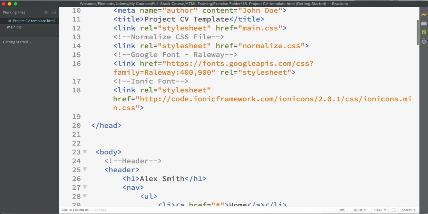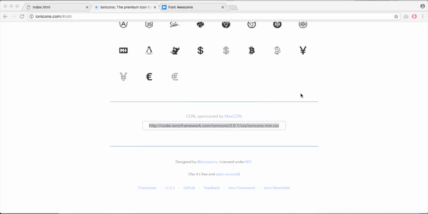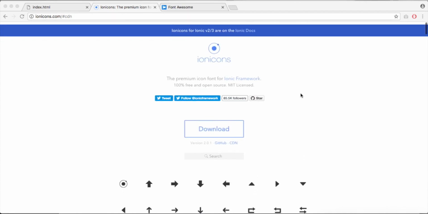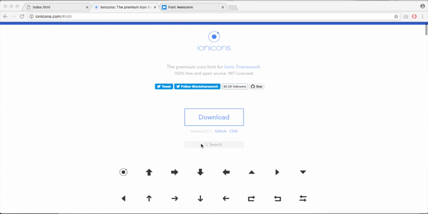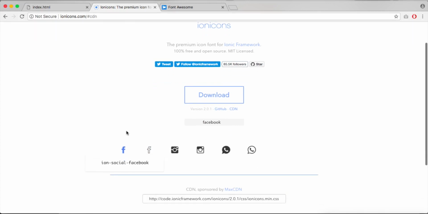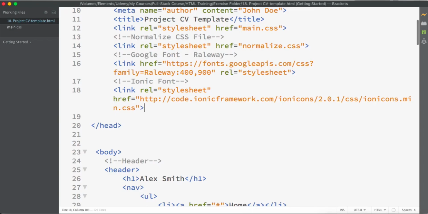What I'm going to do is go back to Ionicons' website, and over here you can see that I have almost all kinds of icons. I'm just going to search for Facebook. There we go, so I have Facebook. I'll select Facebook, and this is a class that I can utilize for Facebook. So I'm just going to select this class and paste it